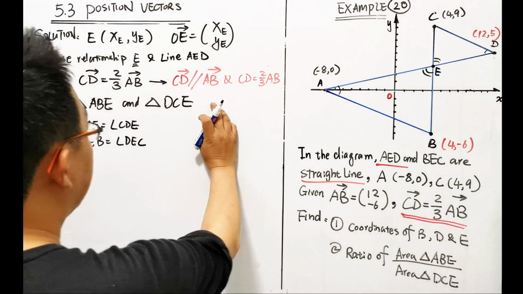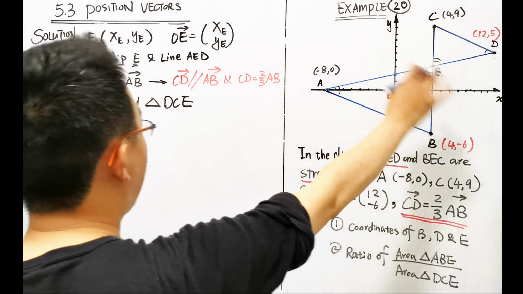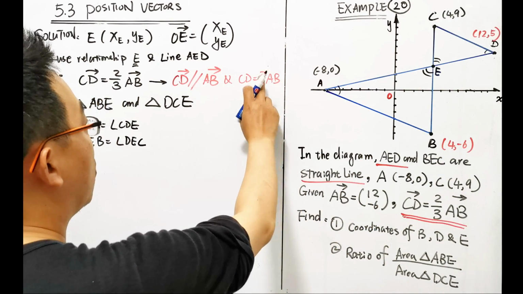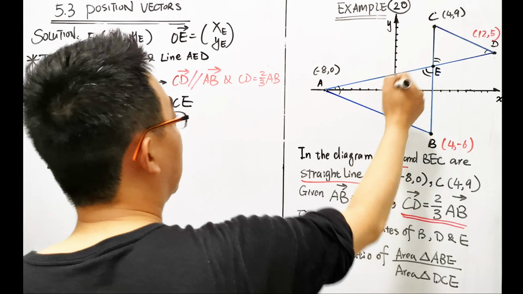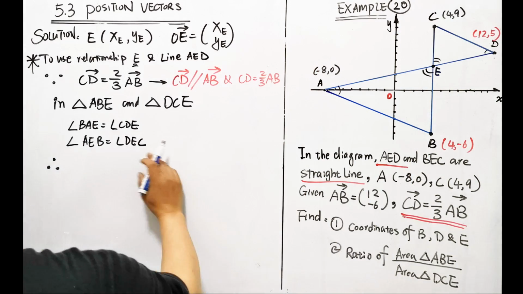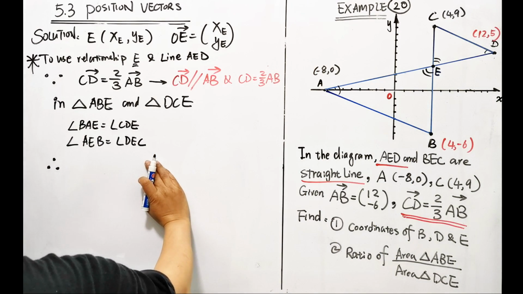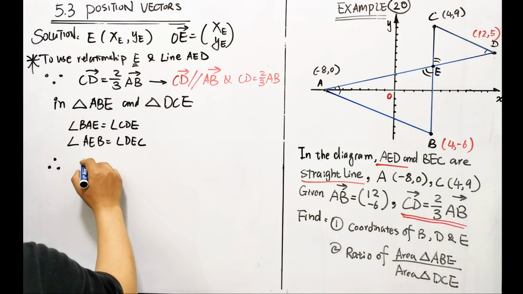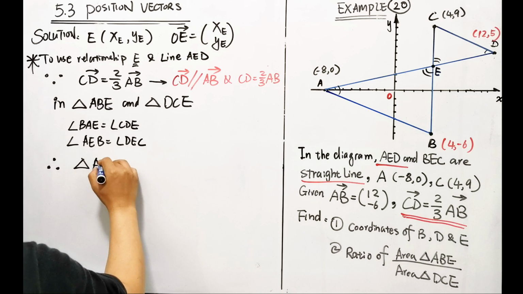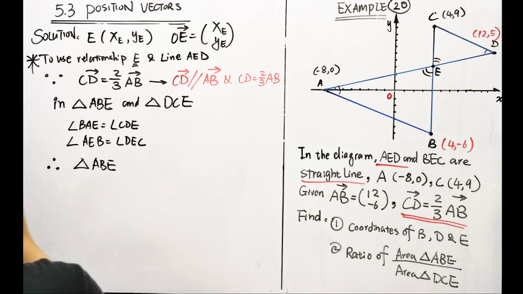And there's one more line parallel, which is also 2/3 of this line. So from here we can give a conclusion, right? So triangle ABE